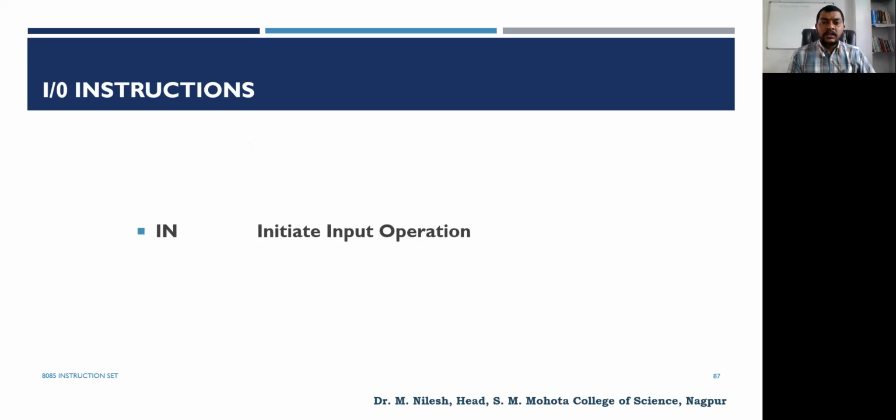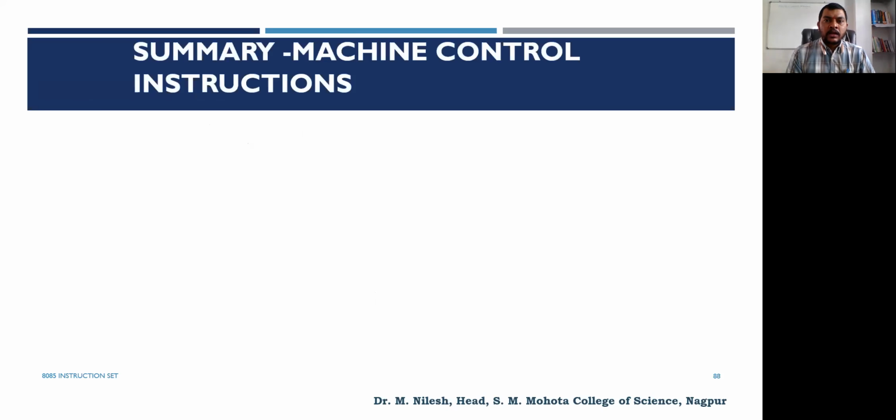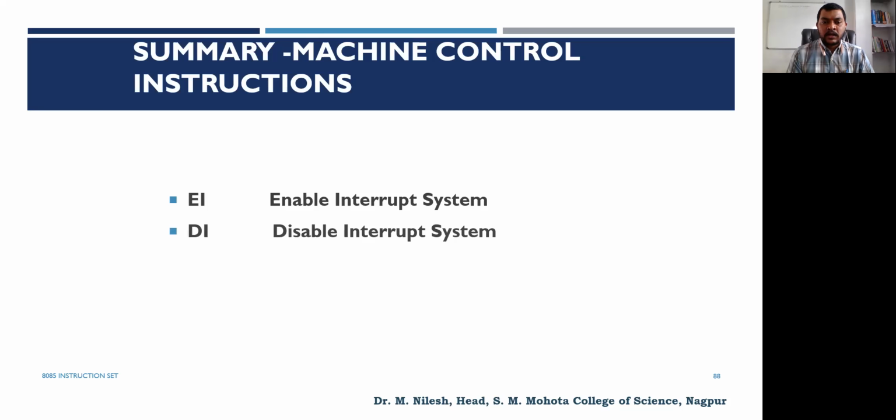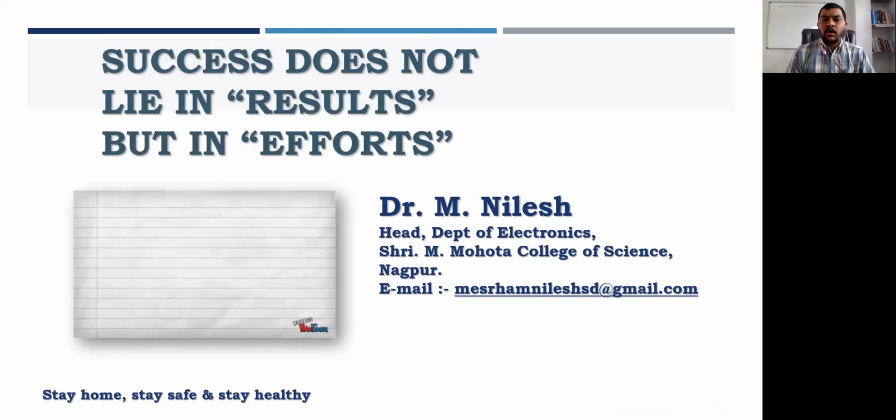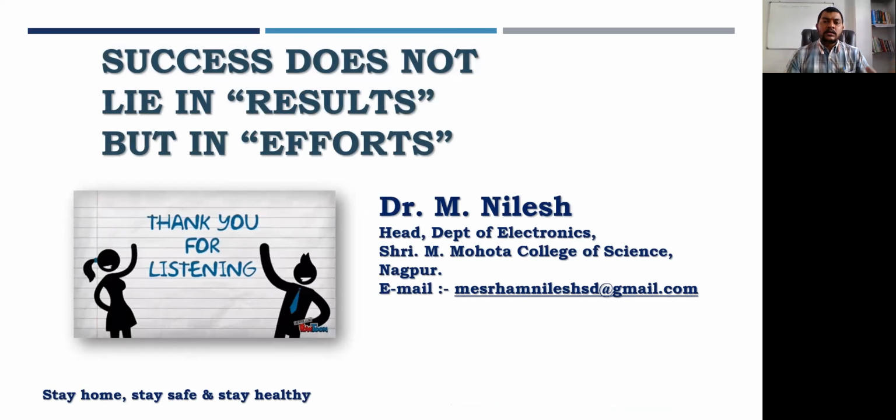instructions. Initiate input operation means we have to input the data from the outside input devices to the accumulator. Then output data, we have to move the data from the accumulator to the output devices. And machine control instructions, like enable interrupt system, disable interrupt system, halt, no operation, like this. So these are all the instructions that we studied, and I hope these instructions will definitely help you in